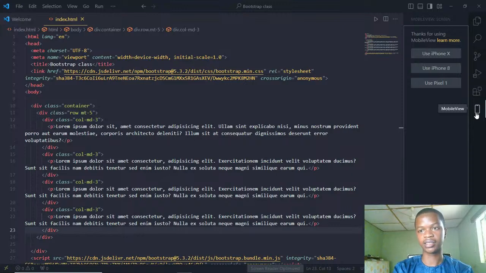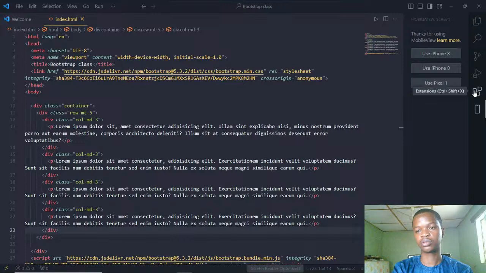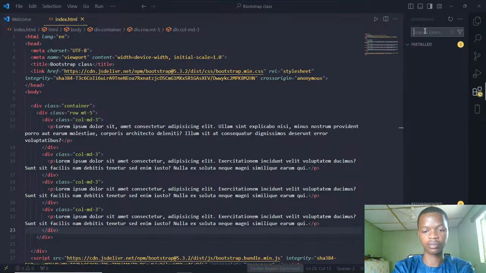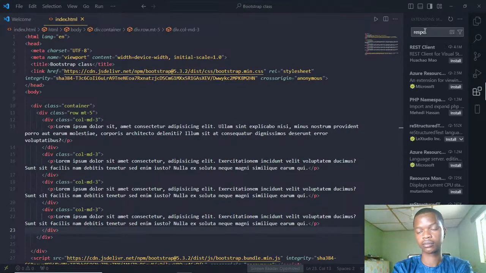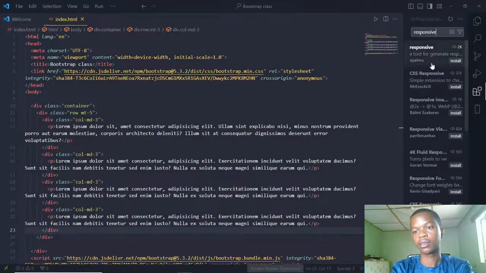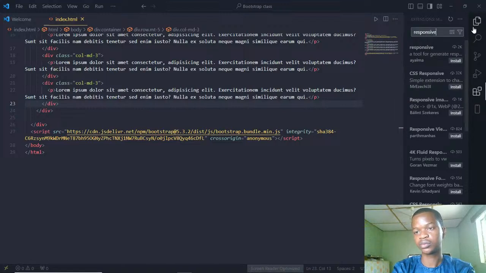To use this extension, just go on your Visual Studio Code, go to extensions, and you search for more responsive. Oh, where is this? Well, there are many responsive view extensions that you can use, but this one I'm using